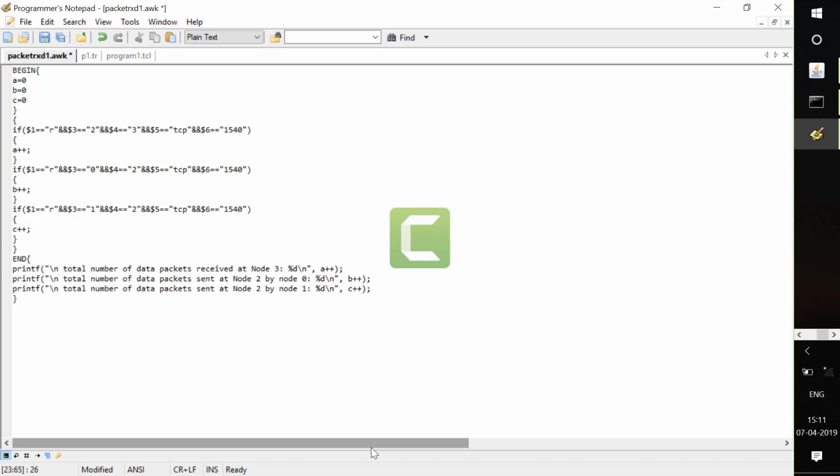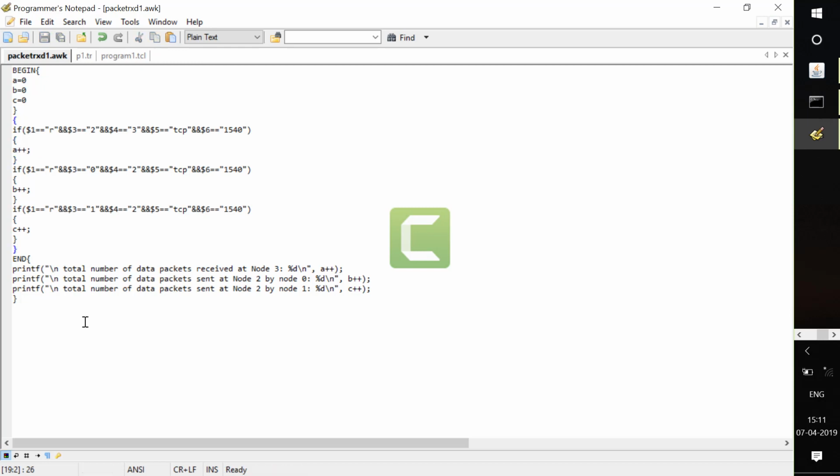So this helps you to calculate the total number of packets that are sent from N0 to N2, N1 to N2, and these in turn will send packets from N2 to N3. You can see that when these parameters match with this TR file, then only it will add one value, or it will store the value in C, A and B. This is all about the AWK script.